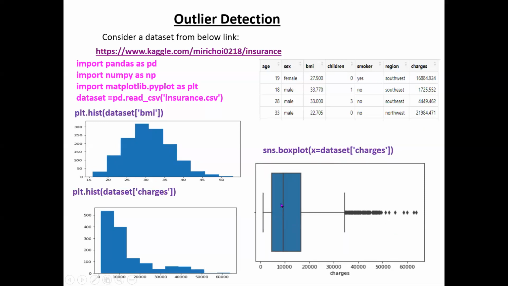What is the minimum value to be kept and what is the maximum value? For example, maximum value 45,000, something like this is shown in the diagram. And minimum value, for example, like this, 5,000. But you can do it with quartiles. You can easily find the value. What is the maximum value? What is the minimum value? And after finding the maximum and the minimum, you can remove those values. Then your data set becomes a balanced data set.